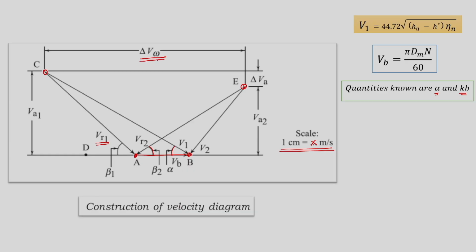Then knowing this, we would measure delta VW multiplied by the scale, and then we could get the power or torque from this graphical representation instead of the geometrical calculations from the velocity triangle. So, we have seen how to work out an impulse turbine by graphical representation and also by geometrical means and find out efficiency and torque. We will see the rest of the part in the next class. Thank you.